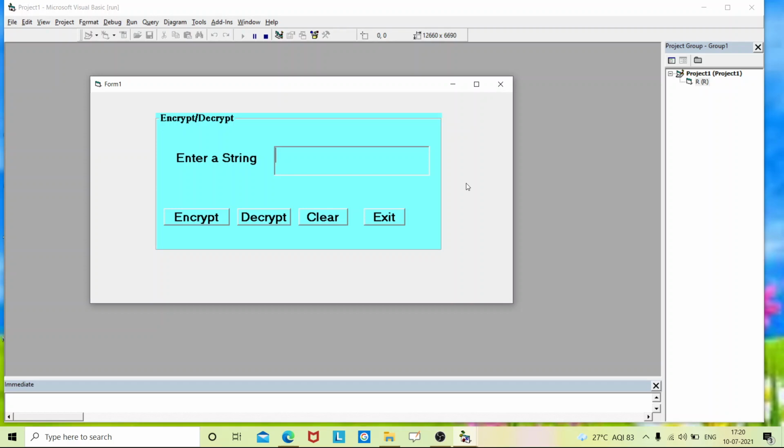Hello everyone. In this video, we'll see how to write code to perform the technique of encrypt and decrypt of a text using Visual Basic. So basically, what is encrypt and decrypt? It's a technique to change the format of your message. Suppose you are typing some message to your friend. As soon as you type, while it is reaching your friend, it should not be read by any other third party, and it should not be understood by them. For that purpose, we have an encrypt technique.